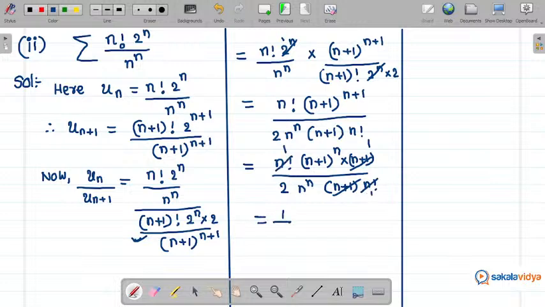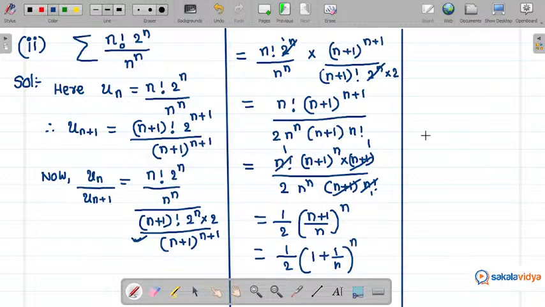We have 1 by 2 times n plus 1 by n whole to the power of n, which can be simplified as half times 1 plus 1 by n whole to the power of n. Right, now we need to apply D'Alembert ratio test. By applying D'Alembert ratio test,